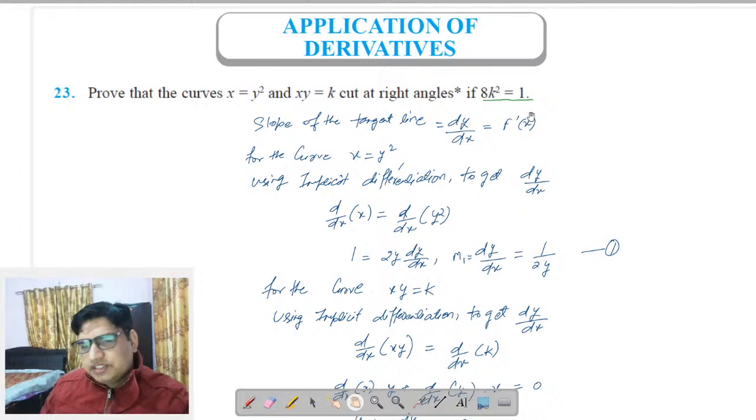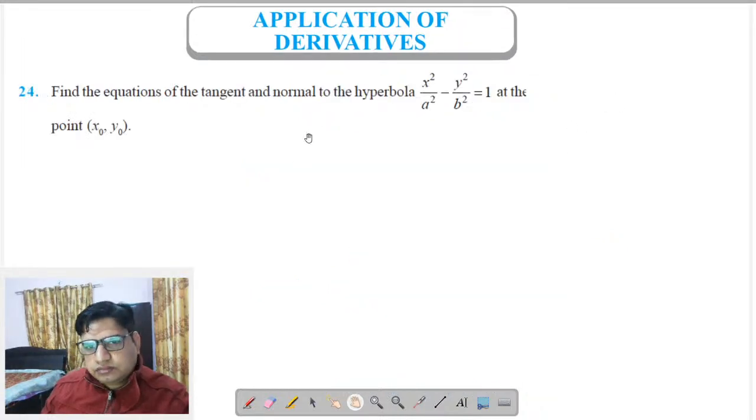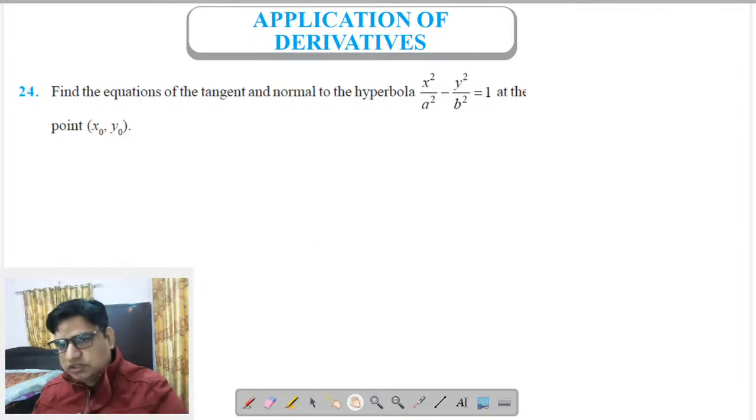So guys, let's try to solve one more question from the same topic, and before I start solving, let's